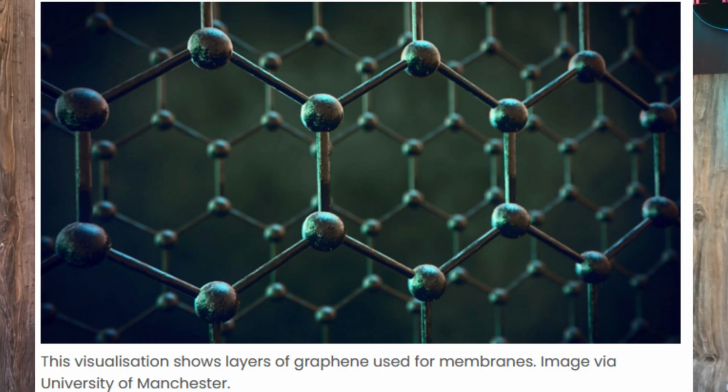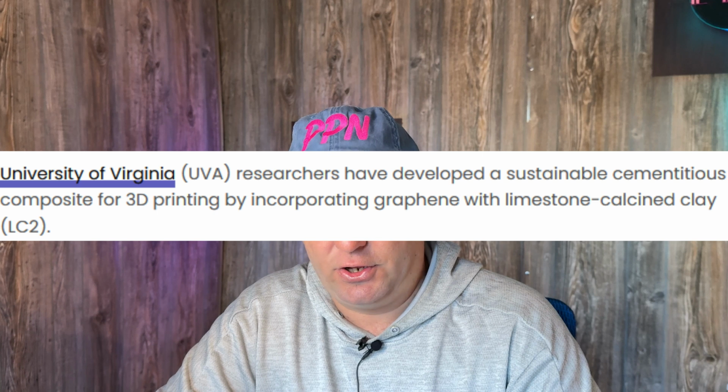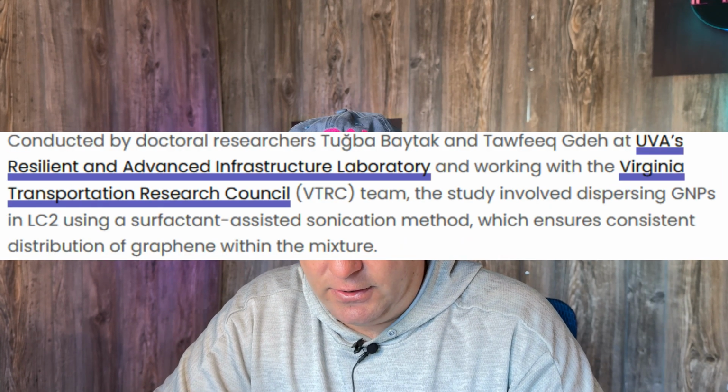Saving money, but Hexagons. It also at the molecular level provides a great amount of strength. Graphene has this type of structure at the molecular level, and it is now being put into some clay prints that is used in building. They're adding limestone calcined clay, and it is producing some amazing results in 3D printing. The University of Virginia, along with Virginia Transportation Research Council, introduced a